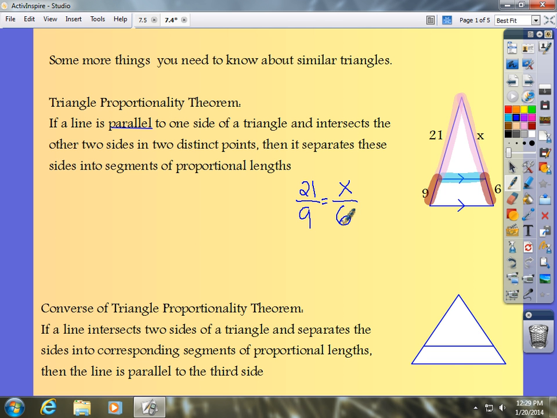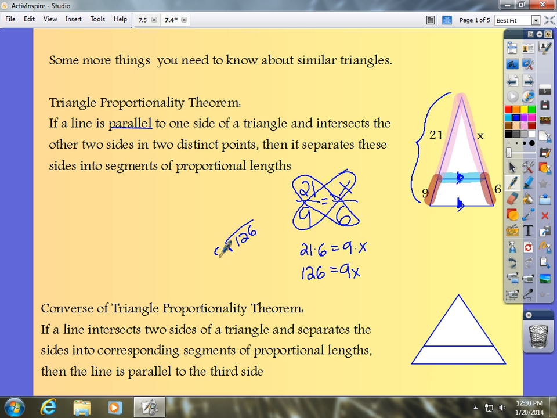So if we know that these two lines are parallel, then we don't have to find the whole side like we've been doing, but we just have to set them up as a proportion. Okay, and then once we have the proportion, we cross multiply. That gives us 21 times 6 equals 9 times x. Okay, we're doing the butterfly method here. 21 times 6 is 126. That equals 9x. 126, for those of you that like to see the work, divided by 9,